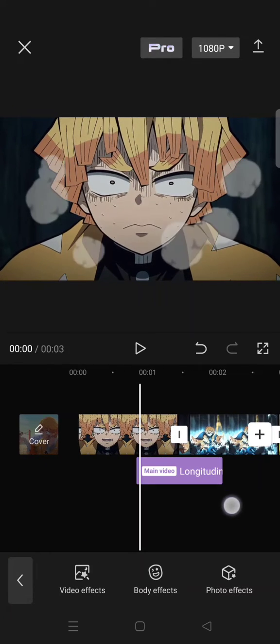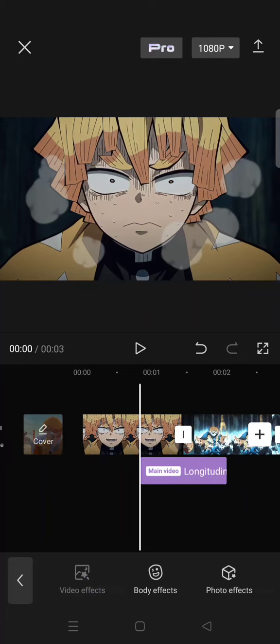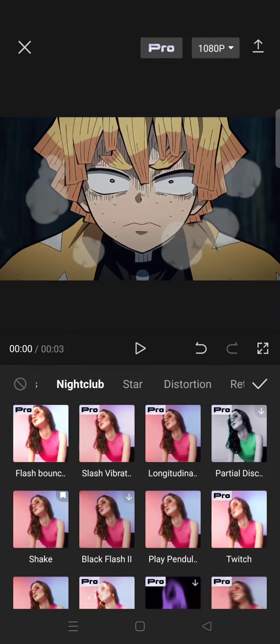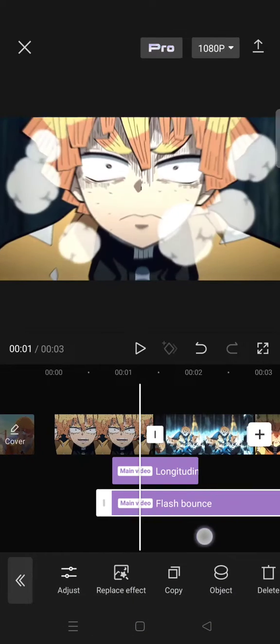Now go to video effect again. Now select the flash bounce effect. Put it under the first effect